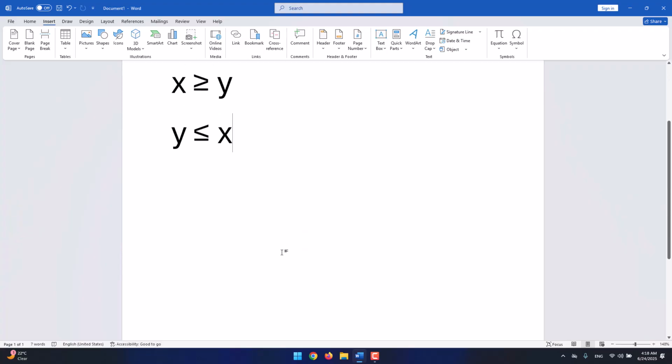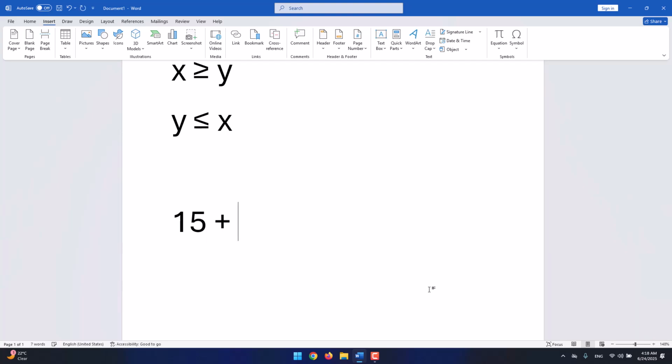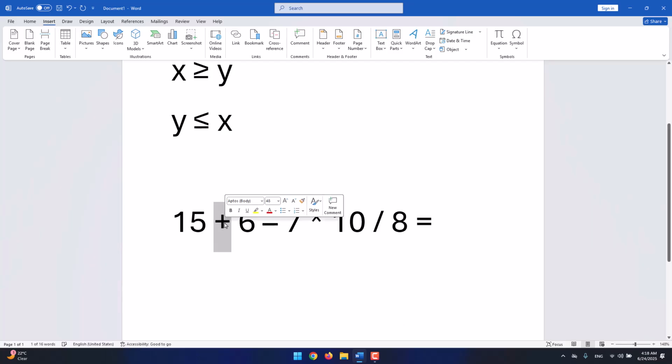So a couple more are left. A lot of the times people say, okay, I want to say 15 plus 6 minus 7 multiplied by 10 divided by 8 equals something. As you see, we're pretty okay with plus. We're pretty okay with minus. But in mathematical